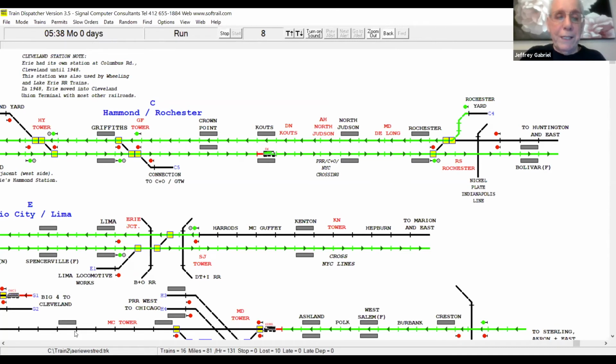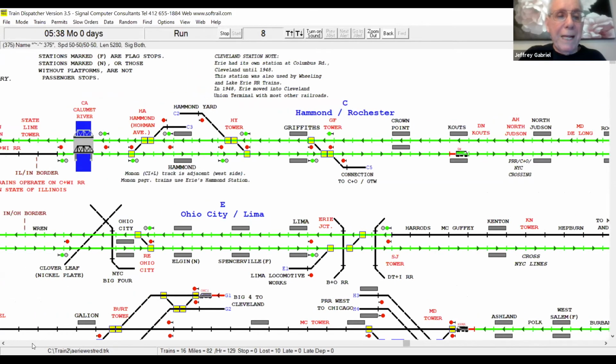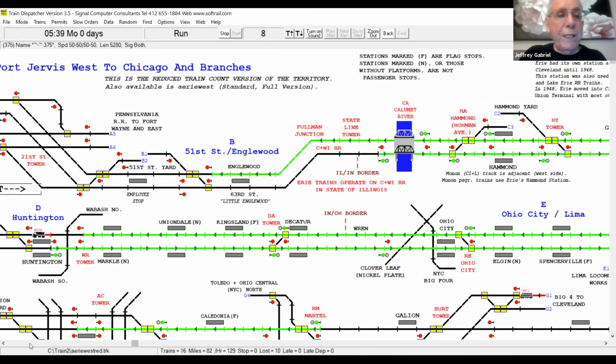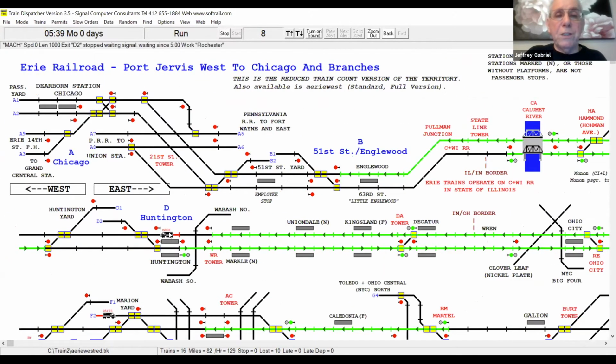Let's find some other trains. I'm going to go back to the left. You can scroll all you want in here. Here's a train. It's stopped because it's red. It's an Erie freight because it's black diesel. I'm going to hover over it. It says I'm going to D2. I'm going to route it to D2. Where is D2? Here's D2. In order to do that, I'll throw the switch. I'll clear the signal. It will go by itself because the program is running. There it goes.